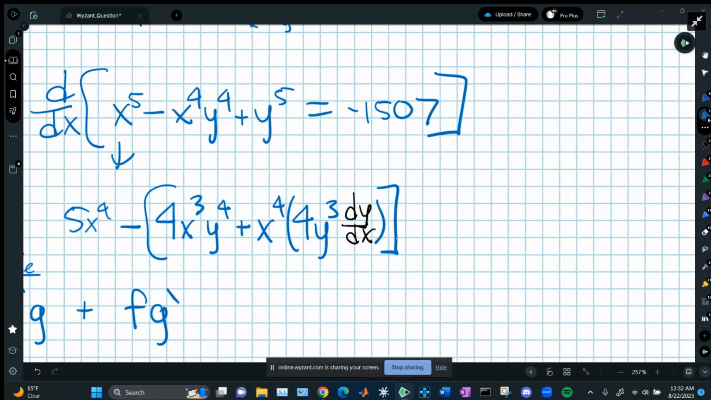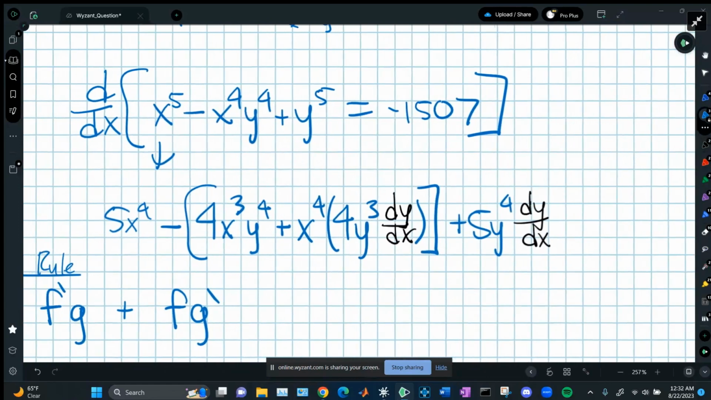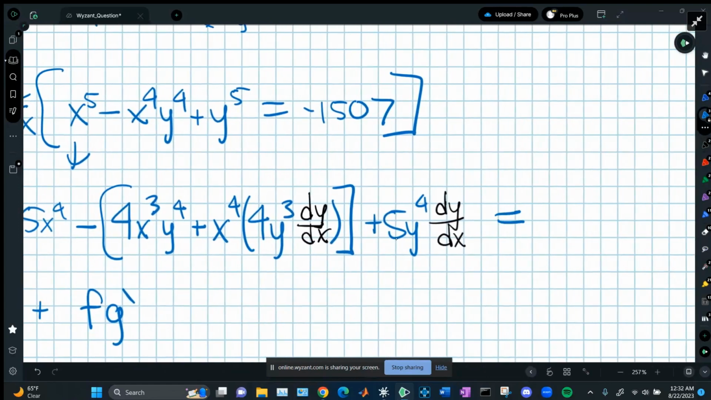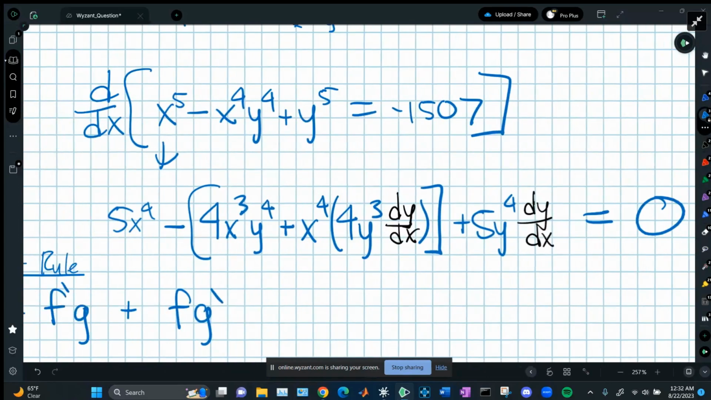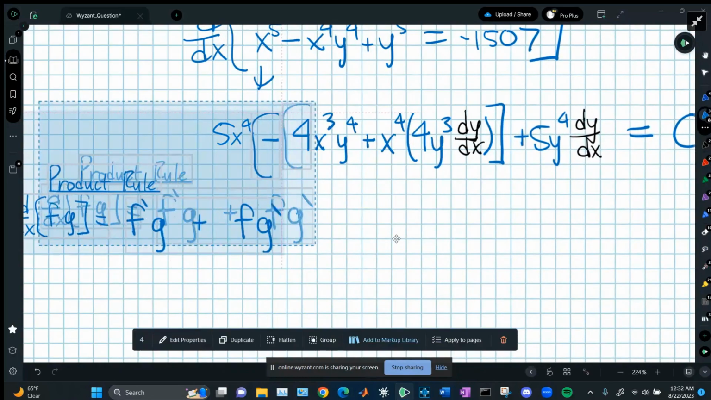Now we're going to do the same thing for y to the fifth. It just becomes 5y to the fourth. Think of it normally, and this is implicit differentiation. We're doing it with y, but with respect to x, so we just need to add that. And then that number just dies off. The derivative of a constant is 0. And so now,